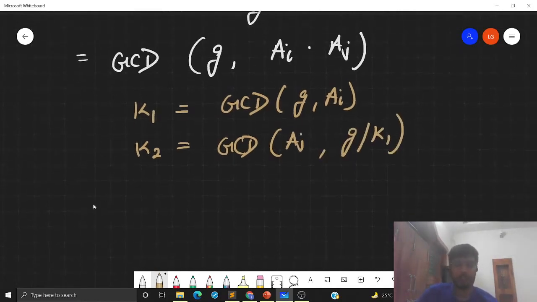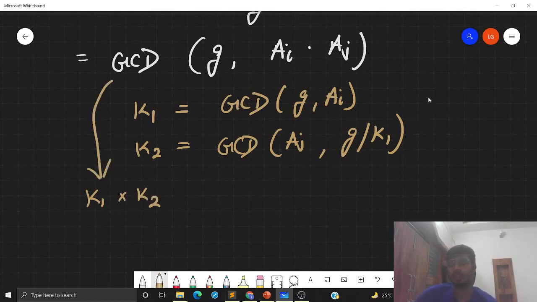And we can now say that K1 multiplied by K2 is nothing but our original answer. So how do we get these equations, like how can we think of these equations? Well, you can just try to write some factors and you will be able to see that this will in fact lead us to the original answer.